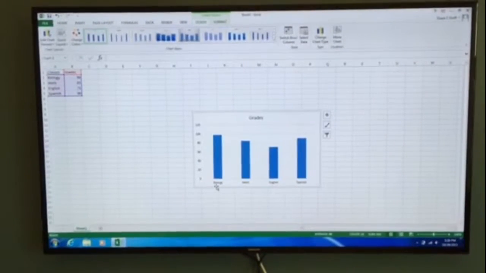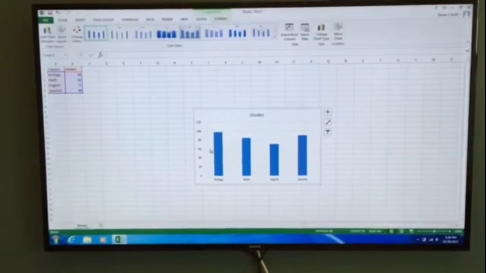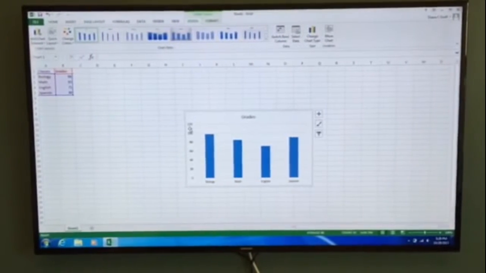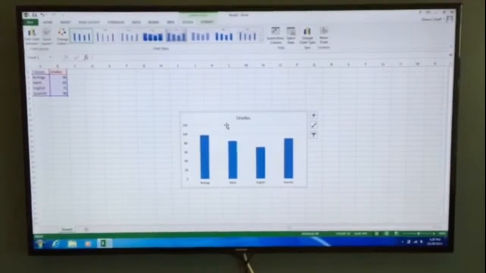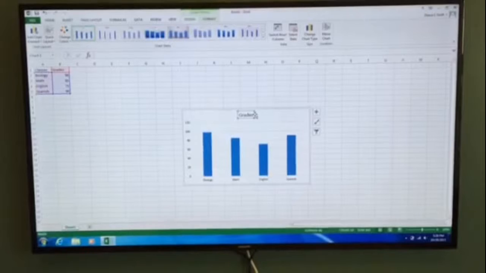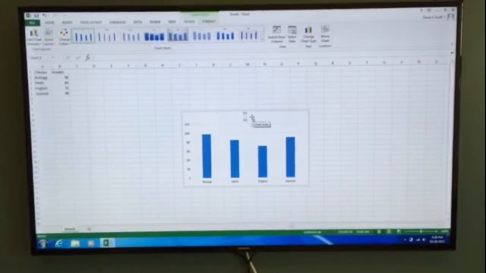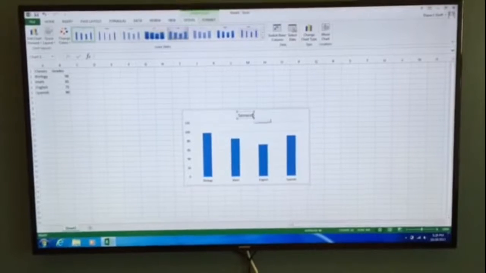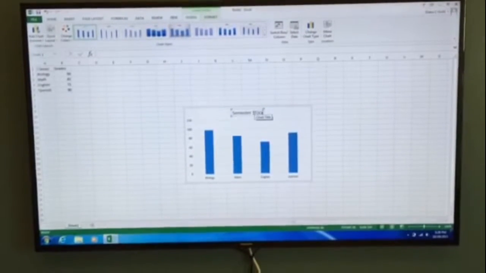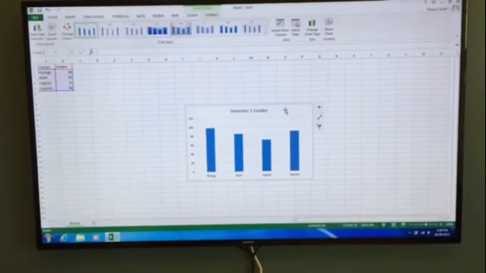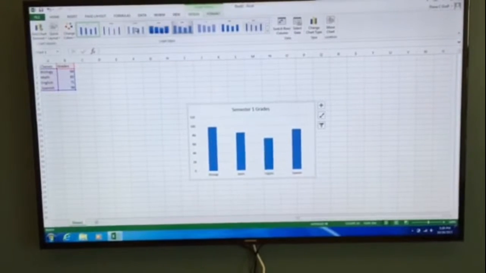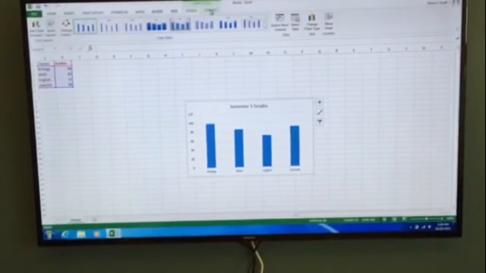You can see that we have our classes on the bottom and the grades on the vertical axis here. And it already has a title, but we're going to rename our graph. So we'll call this Semester 1 Grades. And then we want to add our axis labels. So what we do is we go to Format under Chart Tools here,